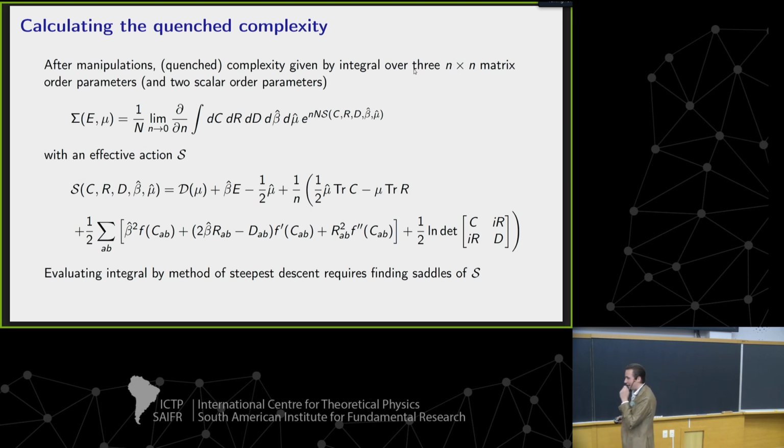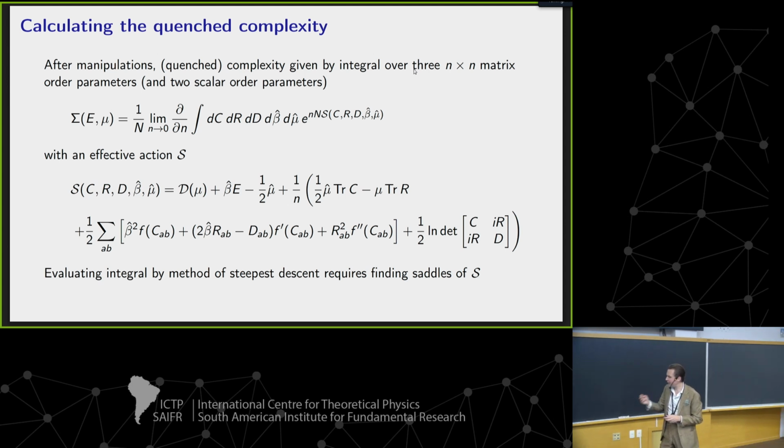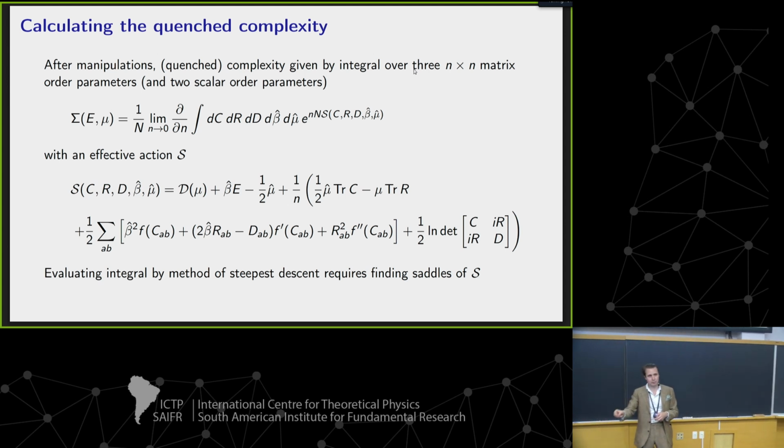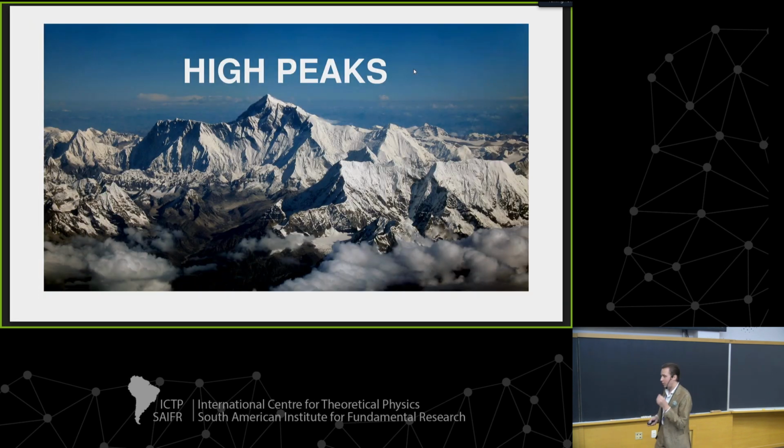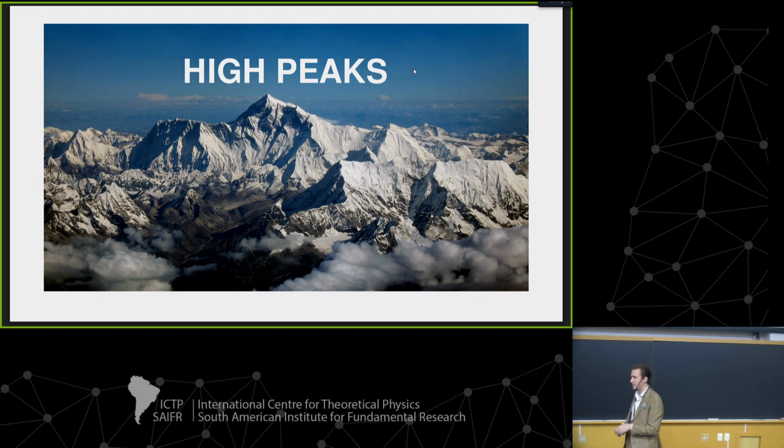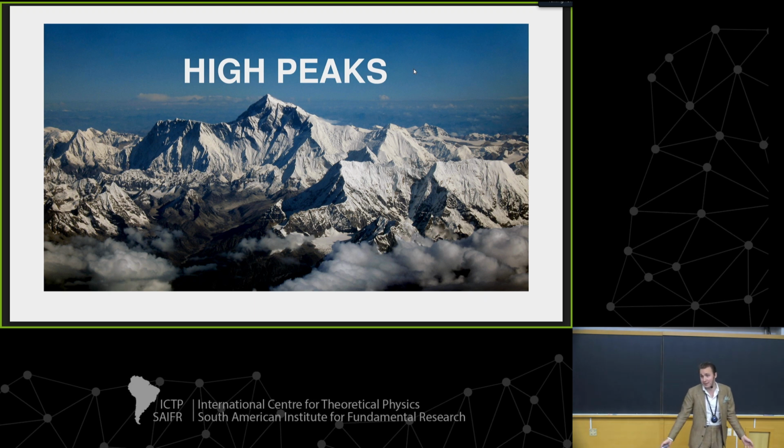And so the way that we're going to try to get around this is to pick a point where we know something about the solution already. And if we can solve the problem at one point and get the order parameters associated with the solution there, we can continue analytically, with our new numeric root solver, take little steps and resolve nearby the known solution to actually find the properties of the non-trivial phase of the complexity in the rest of the configuration. So the first place I'm going to talk about making this correspondence is at the highest peaks of the landscape, which are going to be, in fact, the lowest parts of the landscape in our physics picture, the ground states.